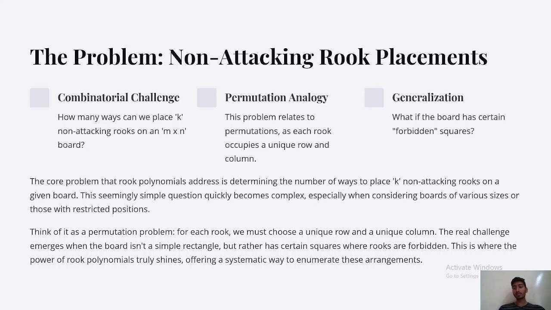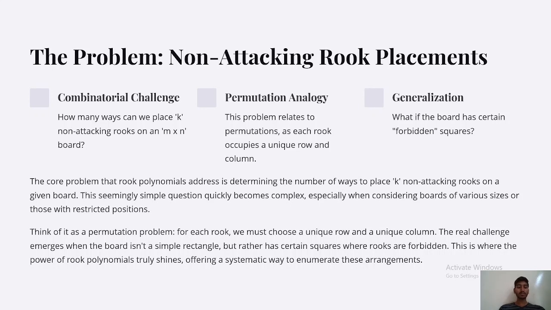Generalization: what if the board has certain forbidden squares? The core problem that rook polynomials address is determining the number of ways of placing k non-attacking rooks